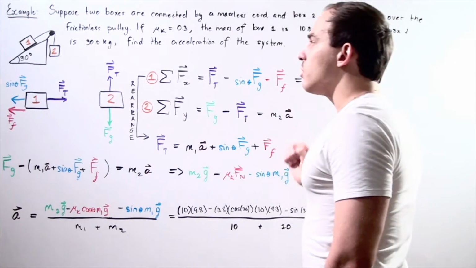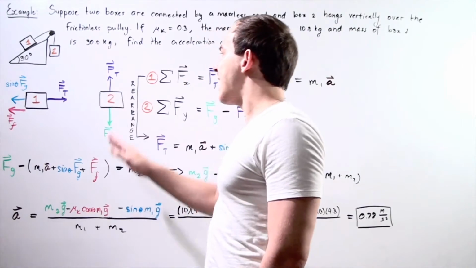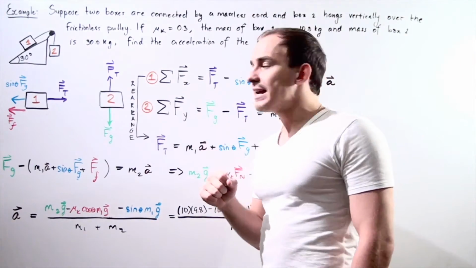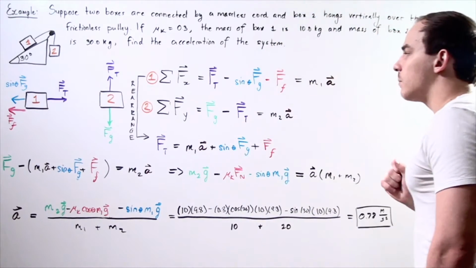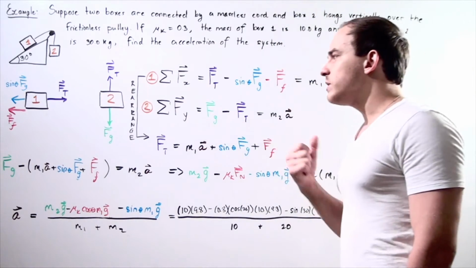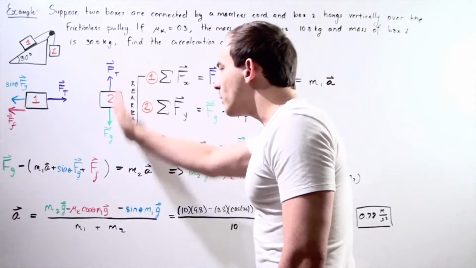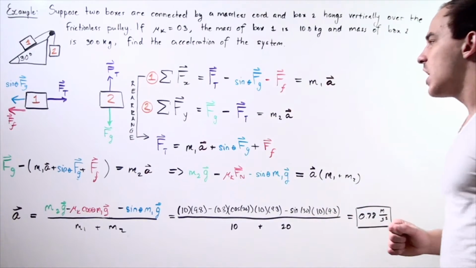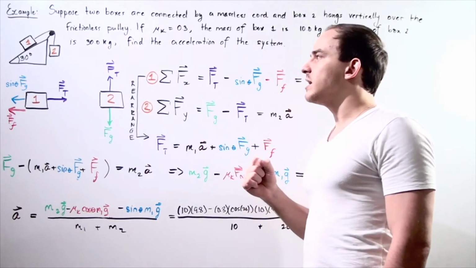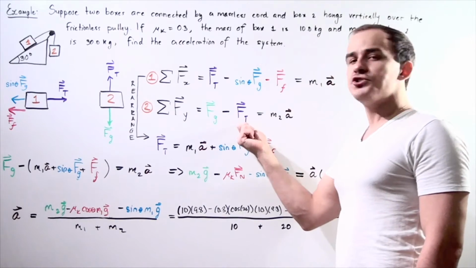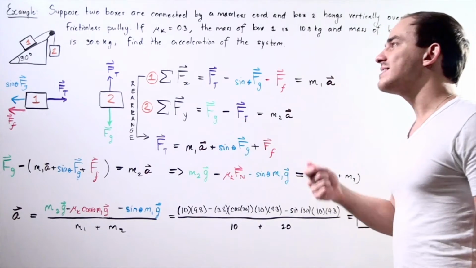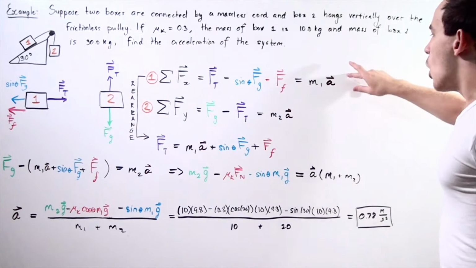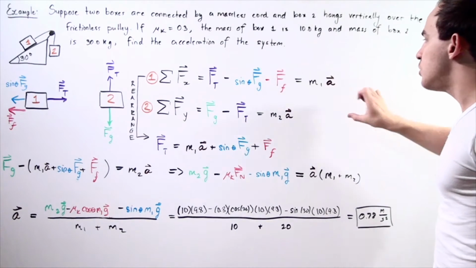Now let's sum up all the forces acting along the y-axis for object number 2. So, the sum of all the forces acting along the y-axis on object number 2 is equal to, well, we only have two forces. Let's choose going downward to be positive, going upward along the y-axis to be negative. So, the force of gravity acting on object number 2 minus the tension in the rope is equal to mass of object 2 multiplied by our acceleration. So, notice we have two equations and two unknowns.